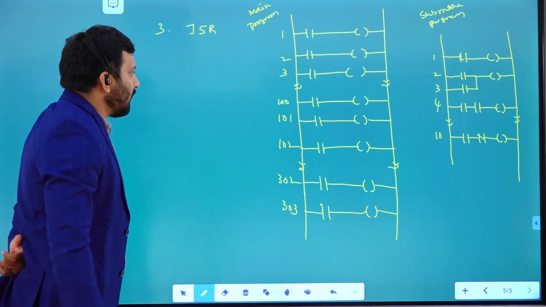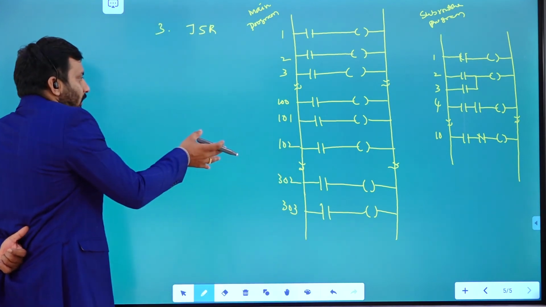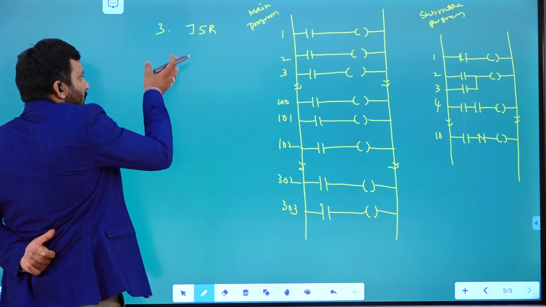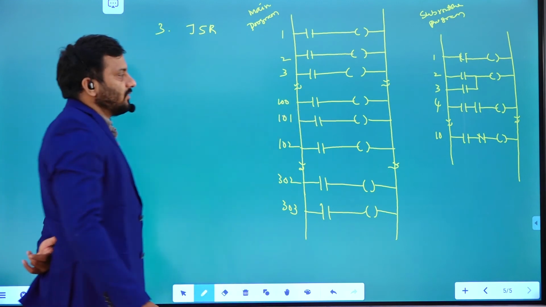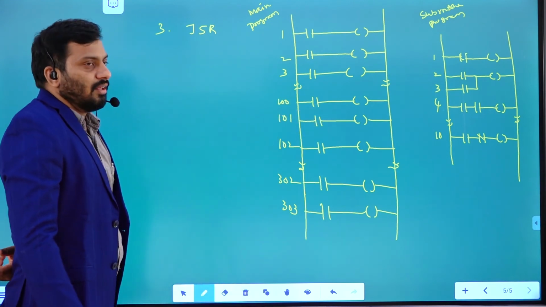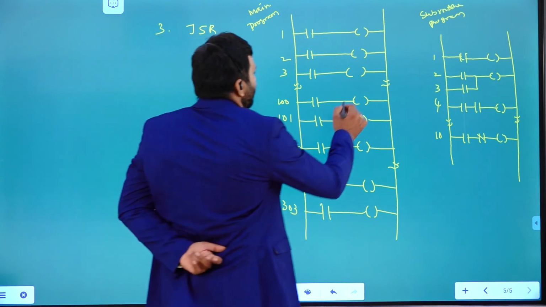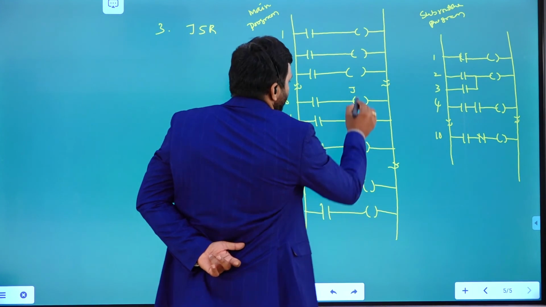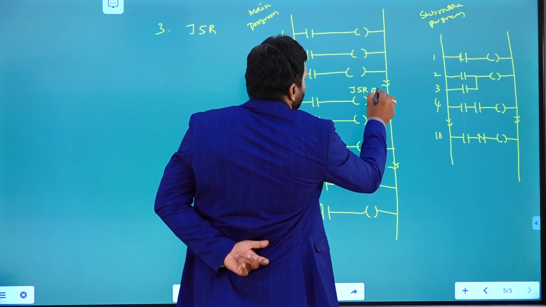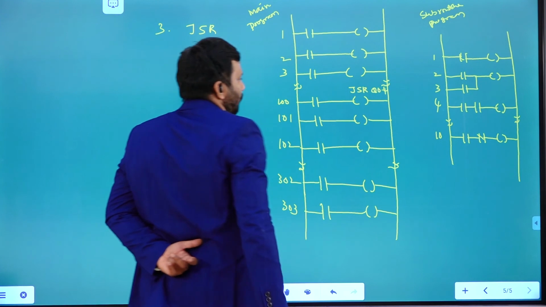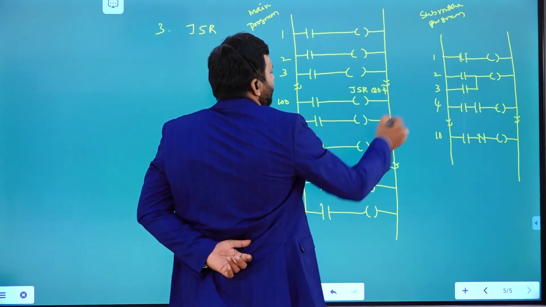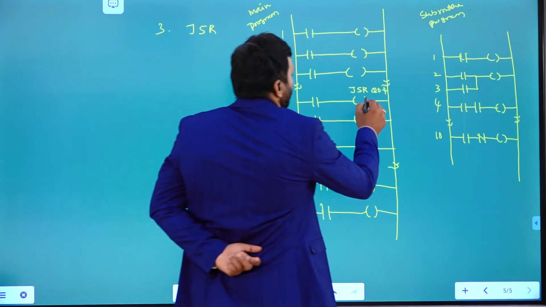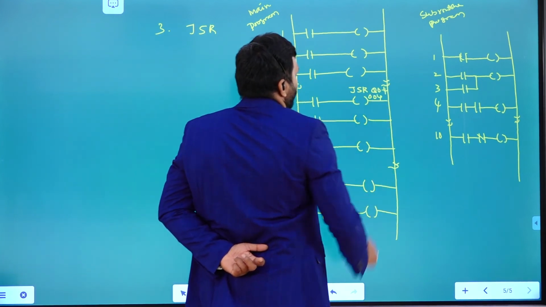So here is my intention. I want to keep some rung, that means I want to introduce this particular jump with subroutine instruction, right? Somewhere I write here jump with subroutine, which has some address, for example 004, all right.